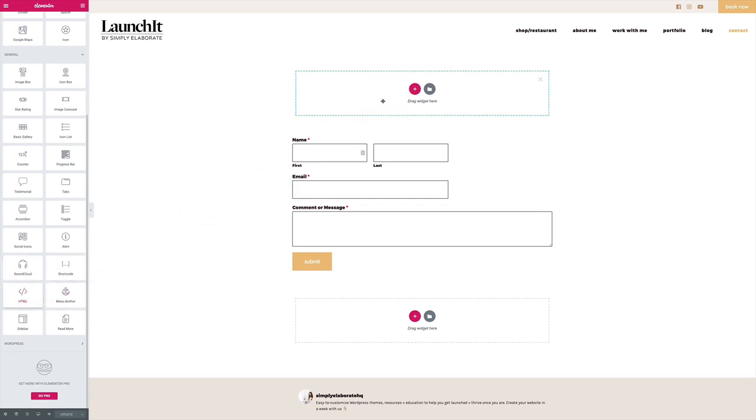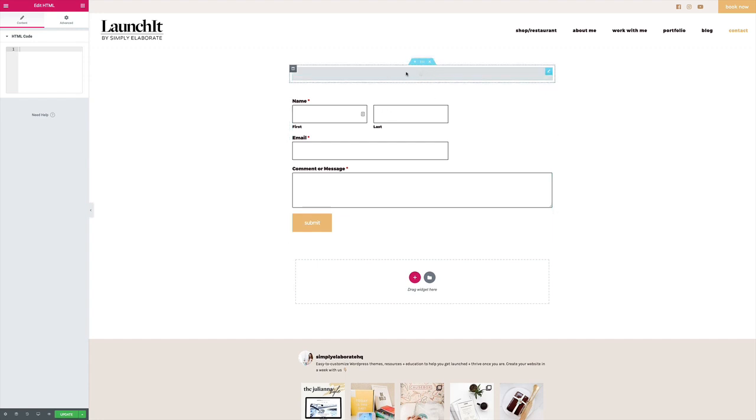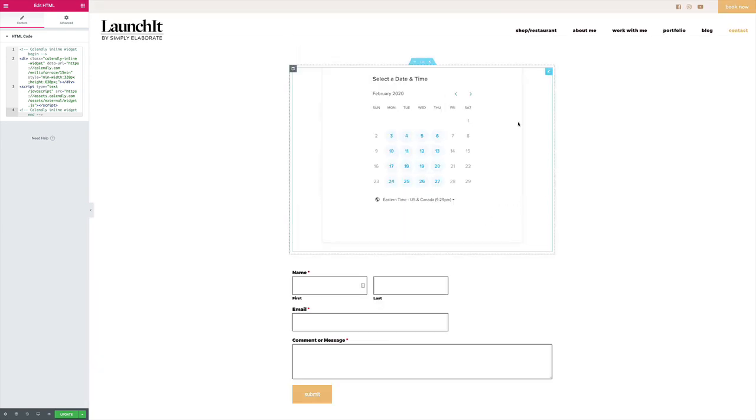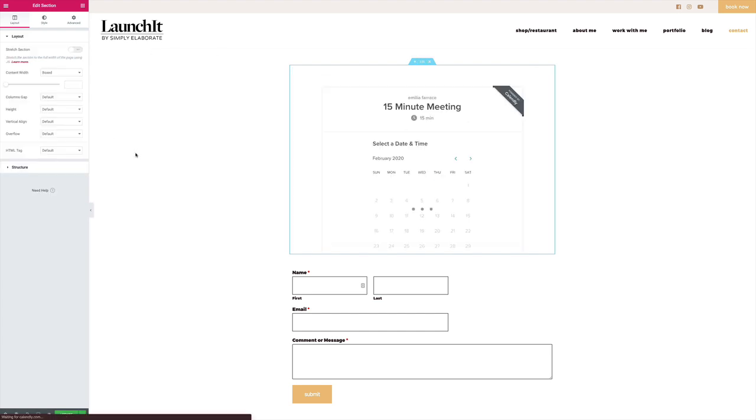I'm going to drag and drop, move that over, and you'll see here it looks like nothing. It just looks like this gray box. So the HTML code, I'm just pasting it, and see how it's just made it so beautiful. Now, I don't really like how it's kind of within a frame like this and it's enclosed. It looks weird to me. I don't want people scrolling. So what I could do